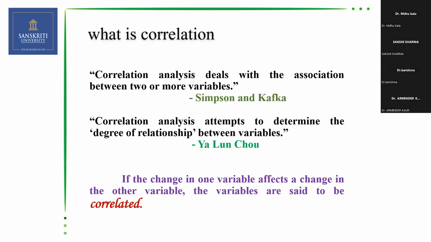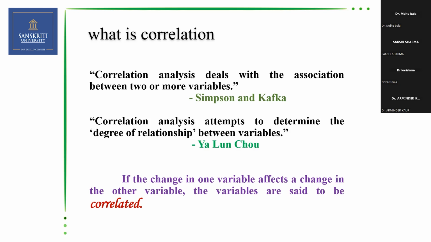Now I'll be talking about correlation. In the last class, when I was talking about correlation, it is the relationship between two or more variables. I told you that for two individuals also, we have three types of relationship: one is positive, one is negative, and enemies, or no relationship. Same thing with the variables also. It is an analysis that deals with the association between two or more variables that are quantitative variables. So correlation analysis attempts to determine the degree of relationship between the variables.